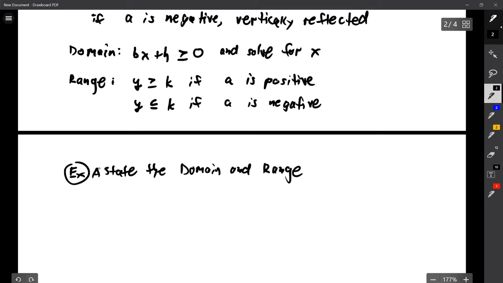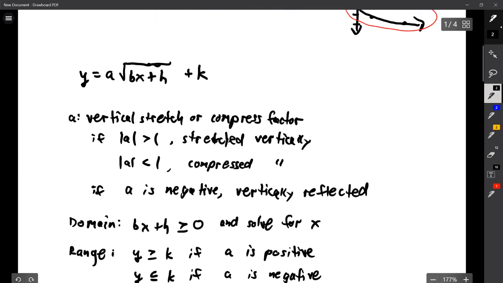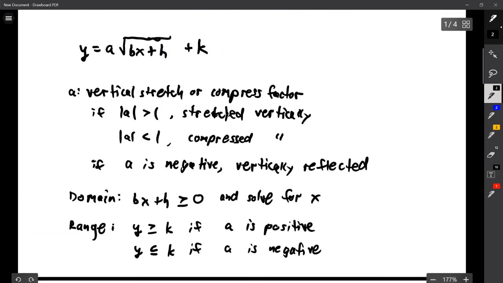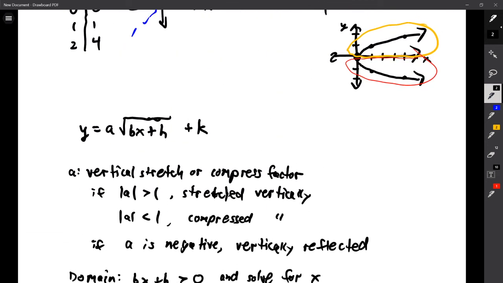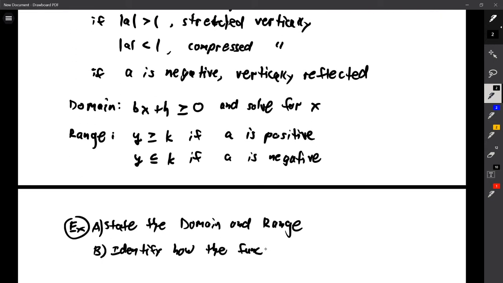That's part A. And B, identify how the function, technically, if you're dealing with only half of it, it is still a function. If you're dealing with both the top and bottom halves together, it's not a function because it fails the vertical line test. Right, identify how the function